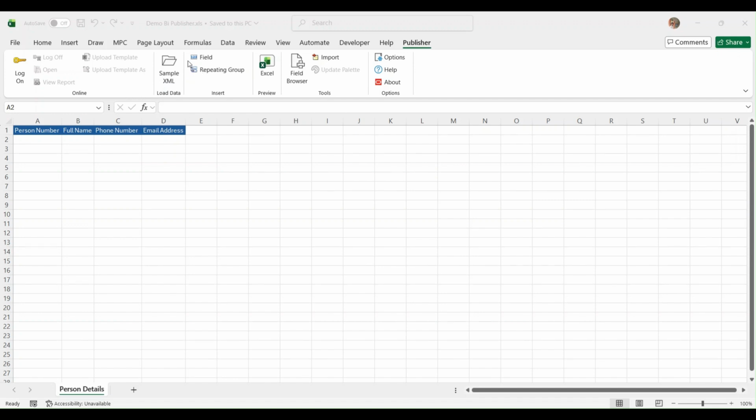After that, we are able to see two options: one is field and one is repeating group. Just select the column where you want to place the data and select the field option. Once you click on this field option, it says a metadata sheet will be created. What is this metadata sheet? Whenever we use the blank Excel template which we get from the samples folder after installing the BI Publisher